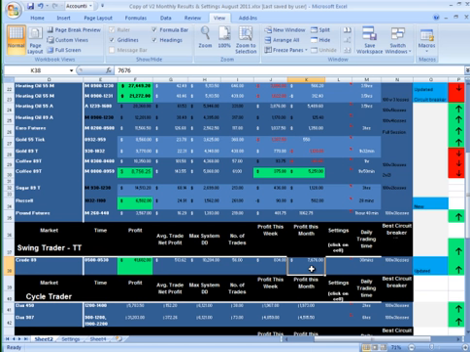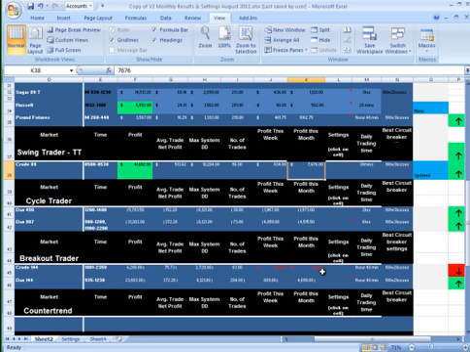So if you're concerned about that drawdown, look to add another market or another system, but yeah, one step at a time. So traders,